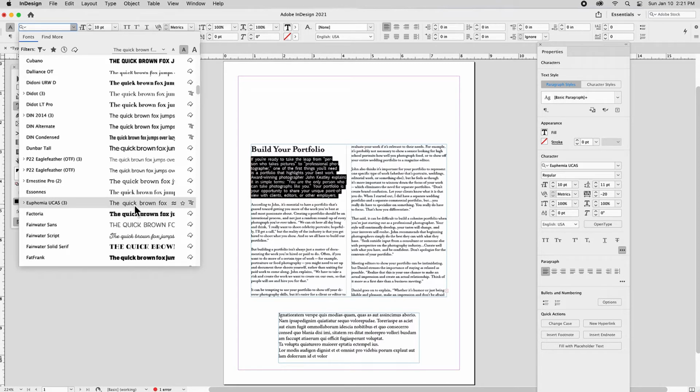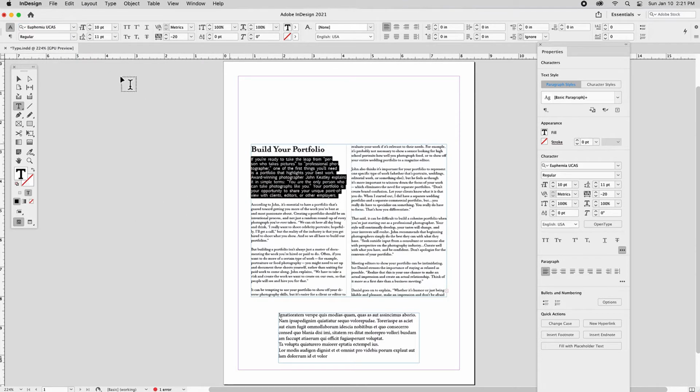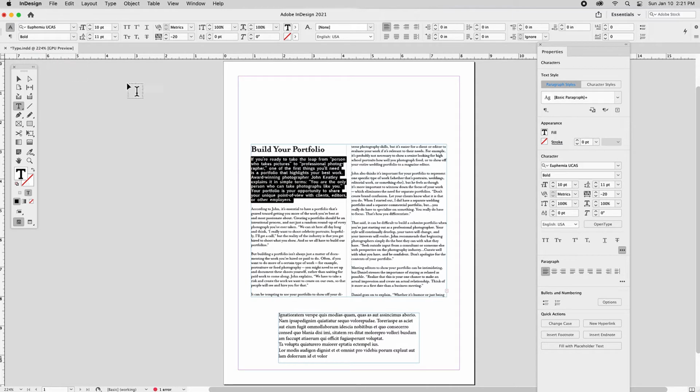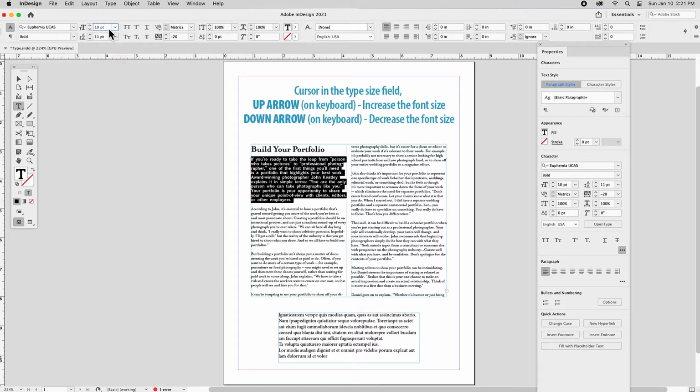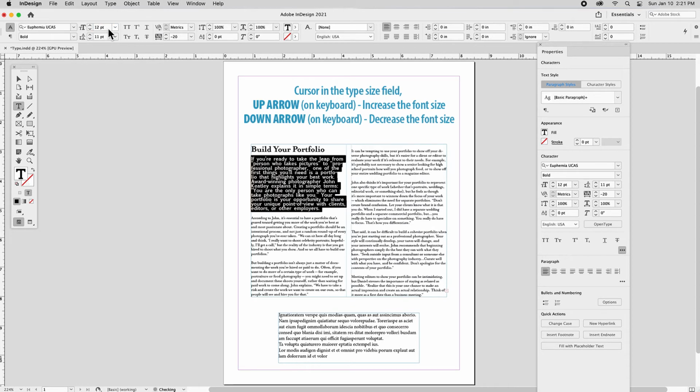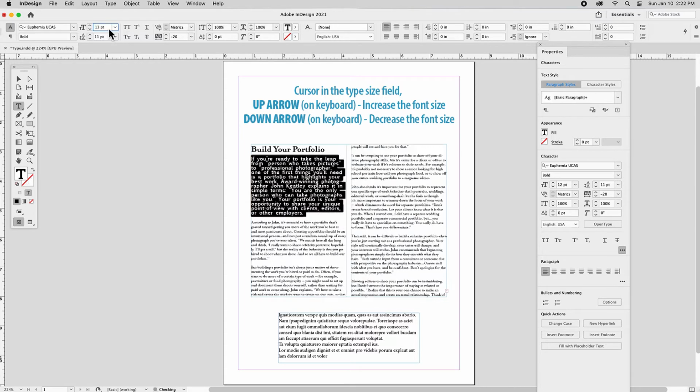And with that chosen, we can then go and choose any style that this font would have, regular, bold, italic, condensed, whatever it may be, and then we can select that from here. Going in and controlling our point size or our type size here, we can do it with our up or down arrows or our drop-down menu, or we can simply highlight the value, plug in whatever number and hit return,